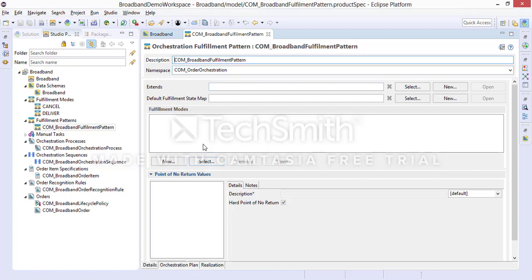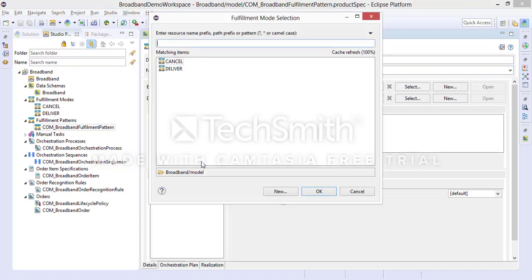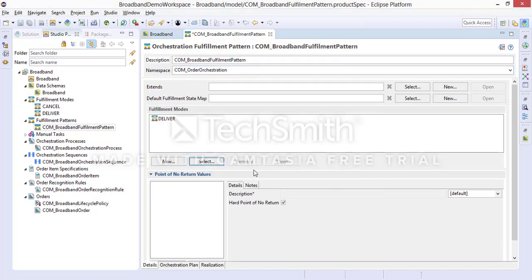Okay, so here in the fulfillment pattern, we'll map the fulfillment mode. Okay, so this is a deliver mode,